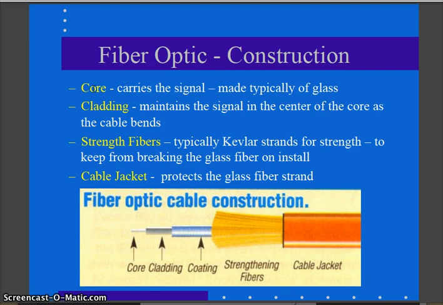The core is designed to carry the light signal, and the cladding is designed to bend the light back into the core. I like to think of it as a garden hose. The hose itself is designed to keep the water in the center of the hose. So the cladding is acting like the garden hose, and the core is the hole in the garden hose. They take a tube, and then they do a very specific process to get the glass in the middle of that tube, almost like the jelly filling. Okay, but that actual glass stub, the core and cladding all together, is about the size of a